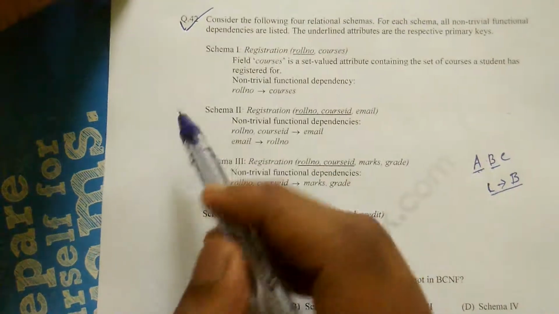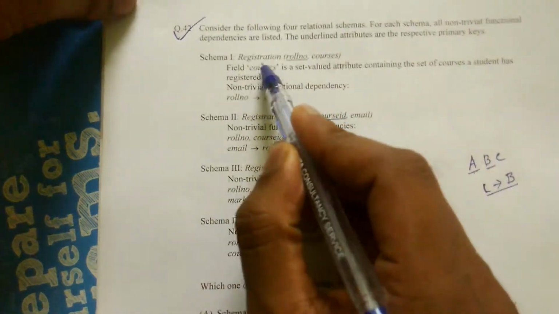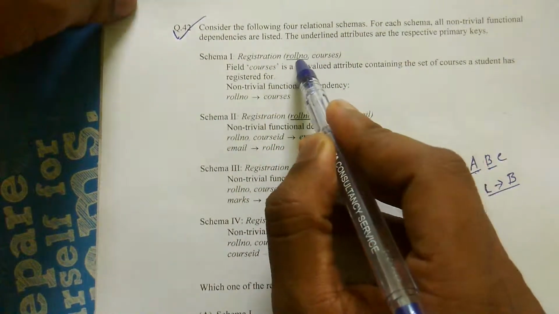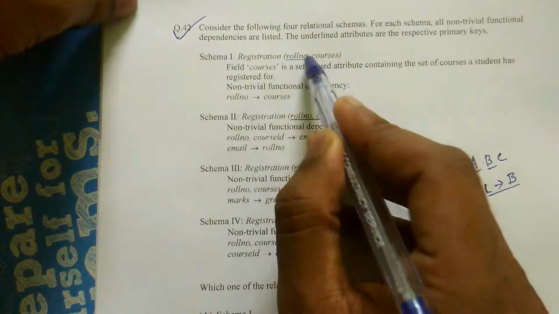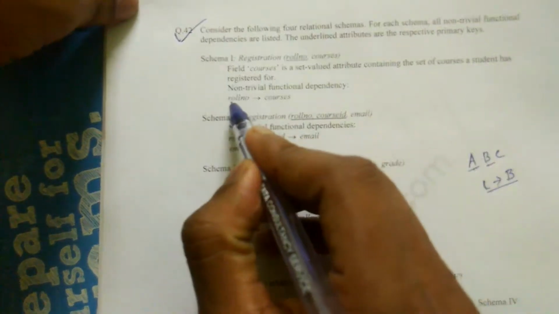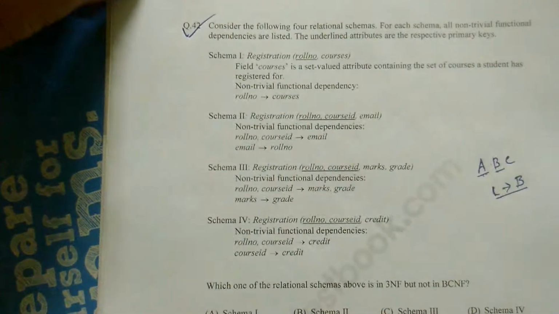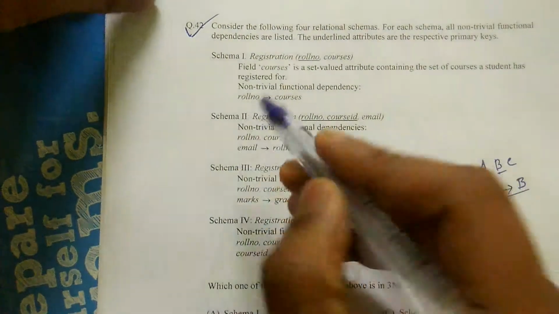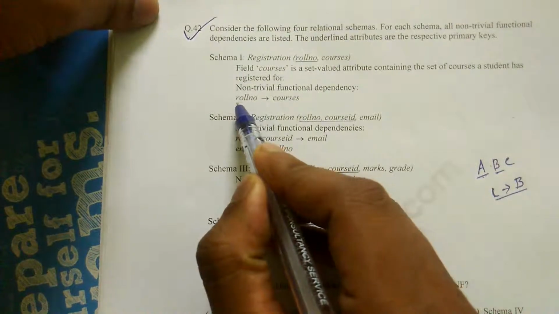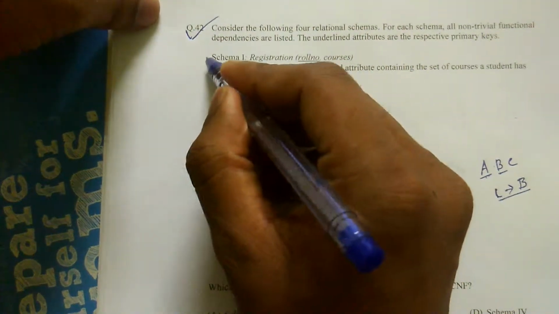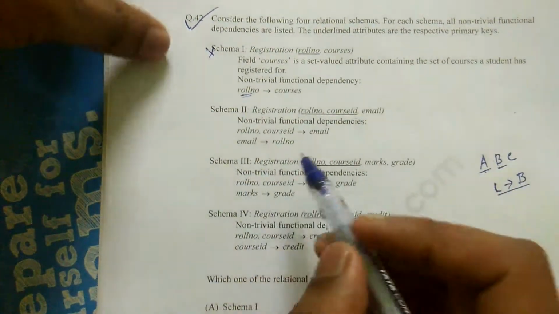check option by option. Schema 1, here registration is a table, schema roll number and courses, where roll number is the primary key, and they have given the non-trivial dependency roll number determines courses. Of course it is in 3NF and BCNF also, because the left hand side is the primary key. Okay, so this is not an option. Okay, schema 2,